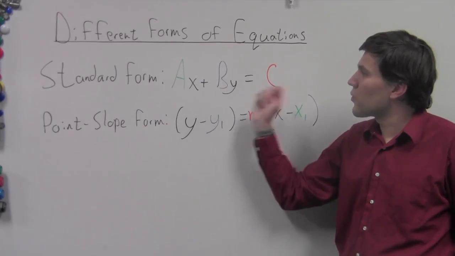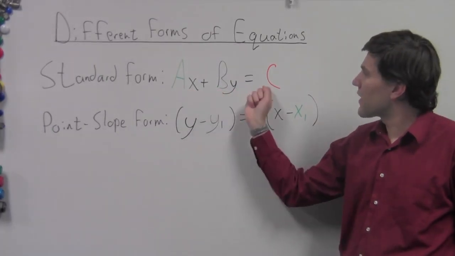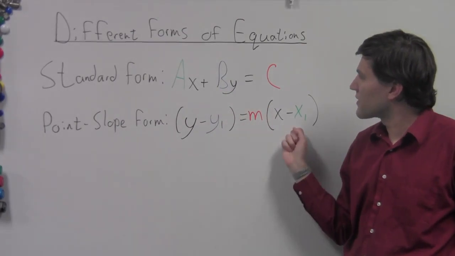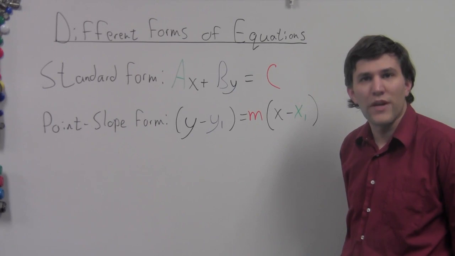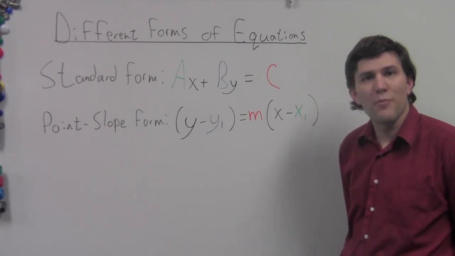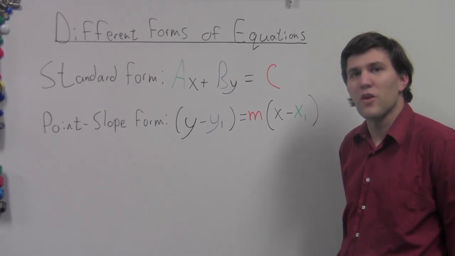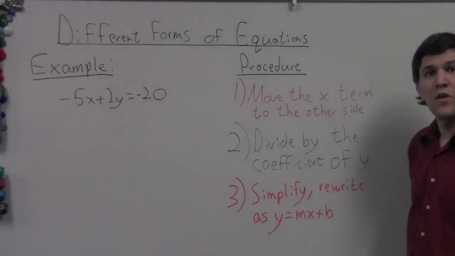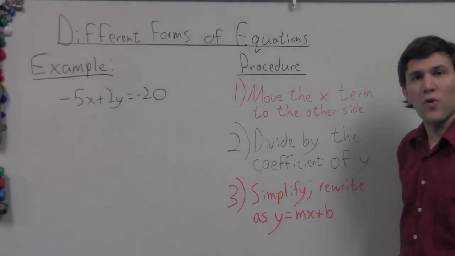Now, when you see these equations, all of these variables, these letters that are in colors right now, are going to be numbers. So let's take a look at a couple of examples of how we work with these and how we change them into slope-intercept form. We're going to start off by looking at how to get standard form equations rewritten in